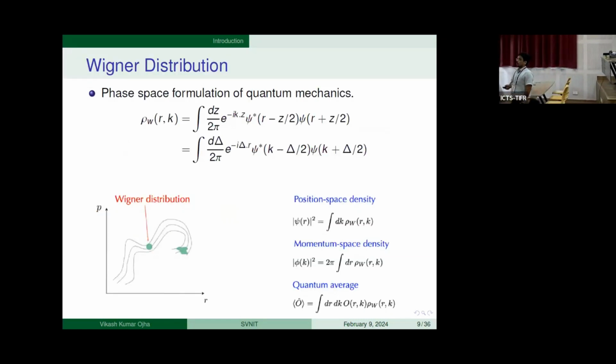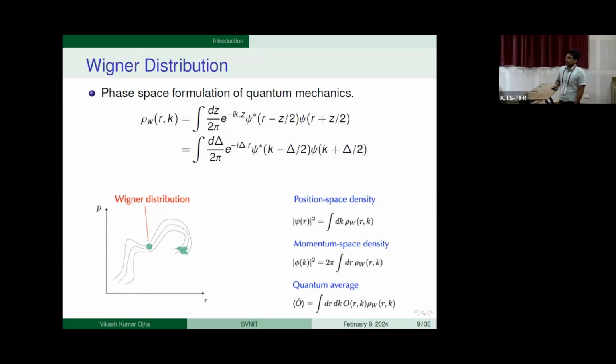Okay, so now let us talk about what we mean by this Wigner distribution. The Wigner distribution is nothing new, but it is a very common topic in usual quantum mechanics. If we want to find the phase space formulation of quantum mechanics, we can use this Wigner distribution. We take the wave function at two different points in space-time, and we take psi star psi. You take the Fourier transformation, you will get this Wigner distribution, which is a function of space as well as momentum. So this is a particular example of this Wigner distribution. You have phase space, and the distribution which is describing our system is the Wigner distribution.